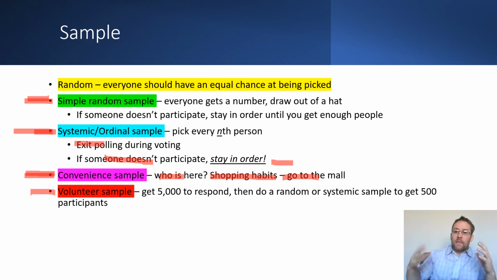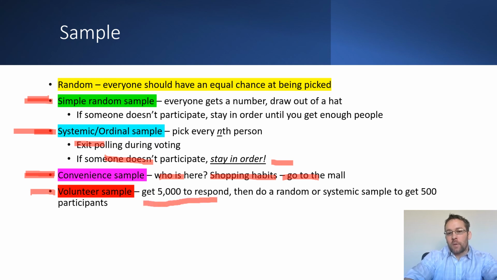So you're going to oversample people who are already tuned into the racial climate on college campuses, and you're not going to get a good idea of the racial climate in general, because there's going to be a lot of people on campus who are very indifferent, right? They're going to be like, I'm not going to go to this thing, because they don't think that racial climate is a big deal on campus, all right? So you have to make sure that when you're doing some sort of volunteer sample, what usually happens is you get